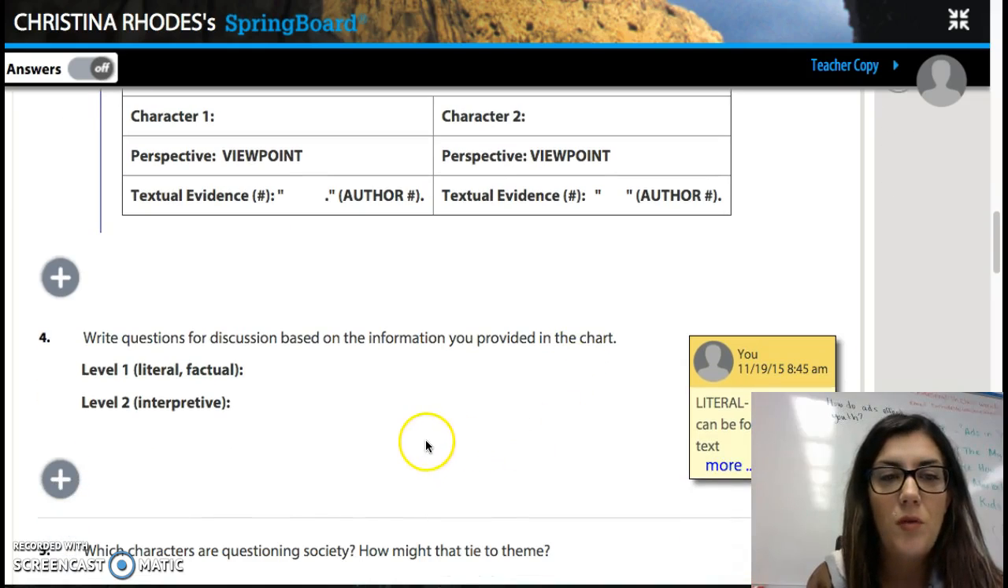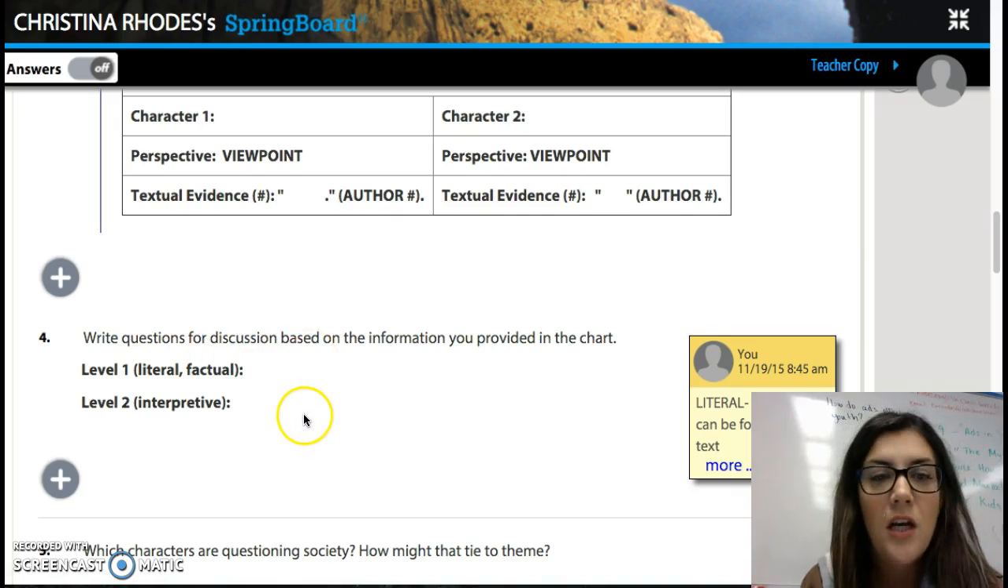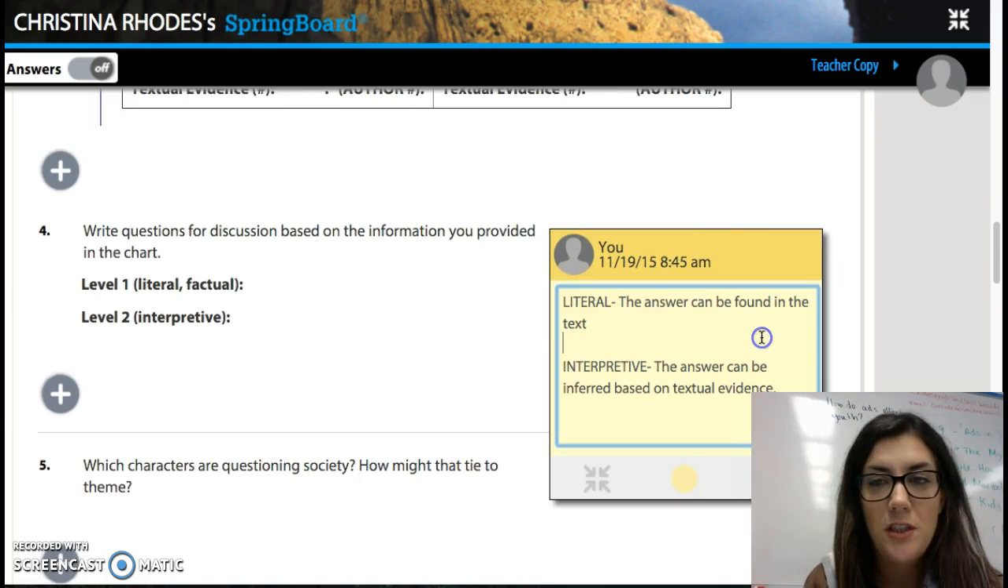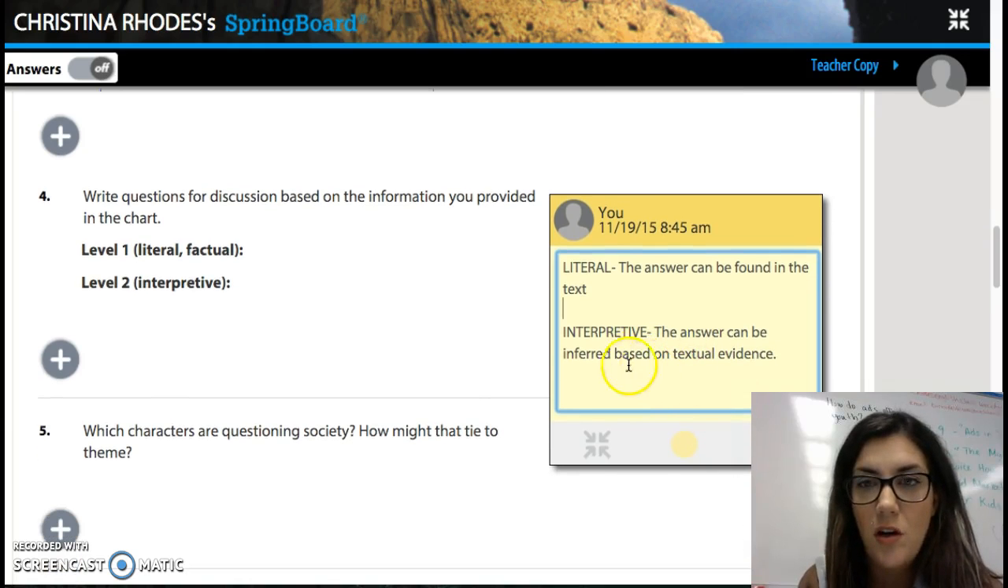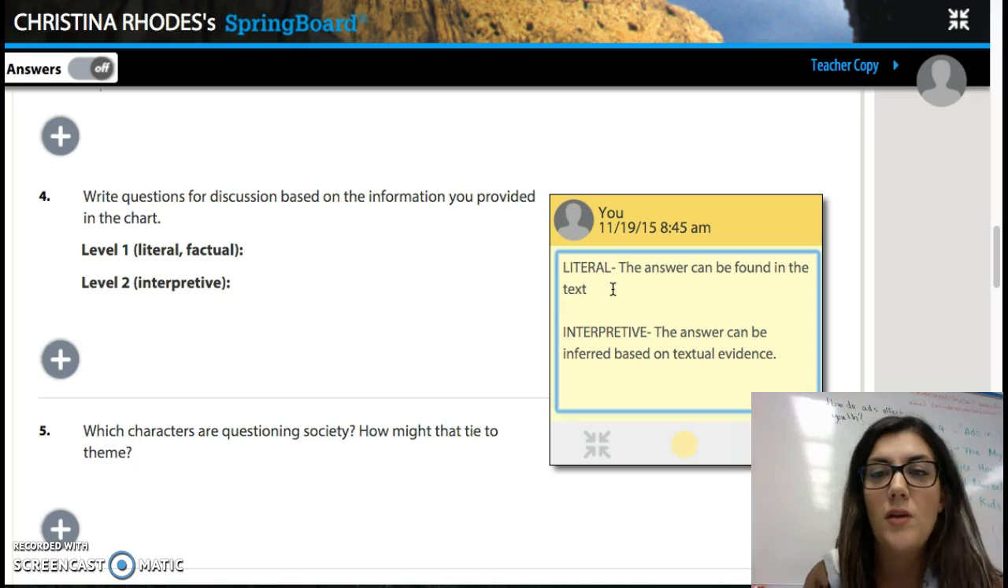Okay. Number 4, after we read or during reading, you're going to write questions for discussion based on the information provided in the chart. You're going to come up with a literal question, so it's factual, and then an interpretive question. The interpretive question is an answer that can be inferred based on textual evidence. It's a little harder than the literal question. The literal question can be found in the text. It's a level 1 question, a DOK 1. So make sure you're writing a literal question and then an interpretive question for the Giver for chapters 3 and